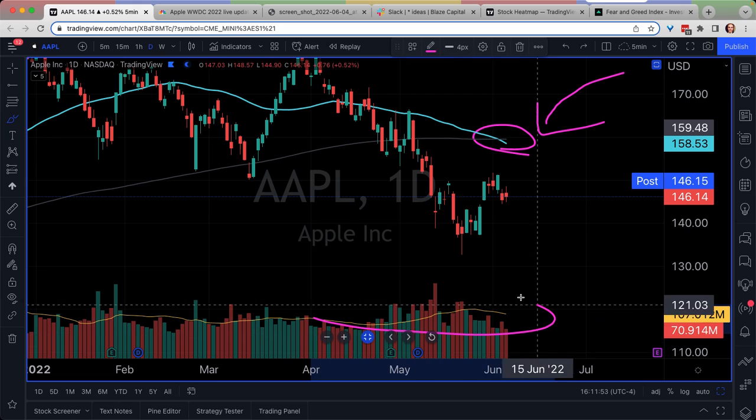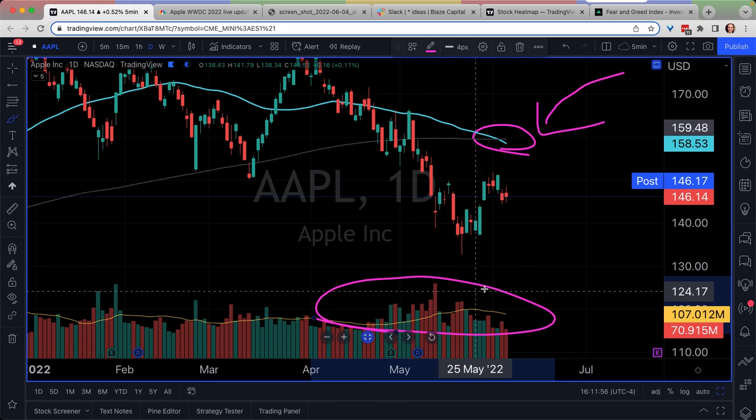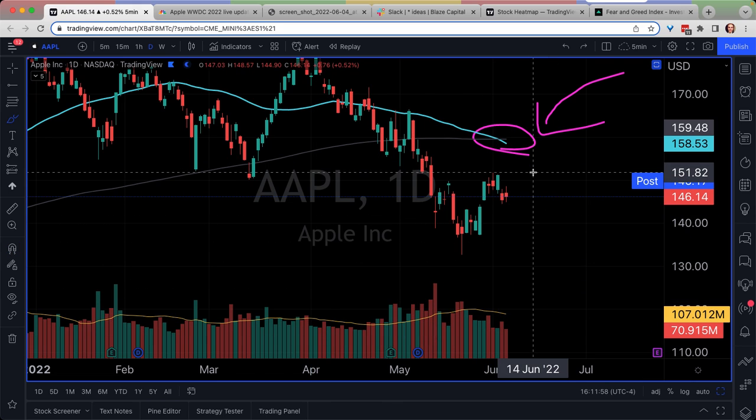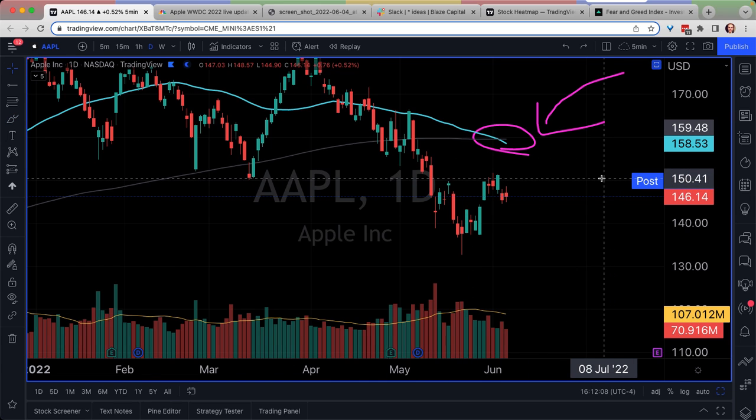Because why? All the recent volume here is red. We do have a death cross, and I'm not entirely sure. Apple's supposed to be the leader, so what I found very ironic today, the WWDC event was long. It was nearly 2 hours. Apple stock went up less than all the other stocks during the event. I noticed QQQ actually advancing more than Apple.